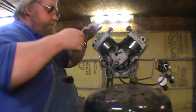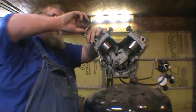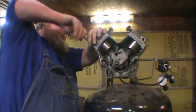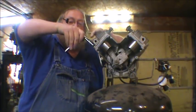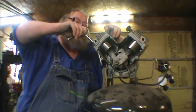And I know I've had a lot of people say, oh, you're nuts for running an oilless air compressor. Well, it's nice when you paint cars. It's nice when you do stuff. But